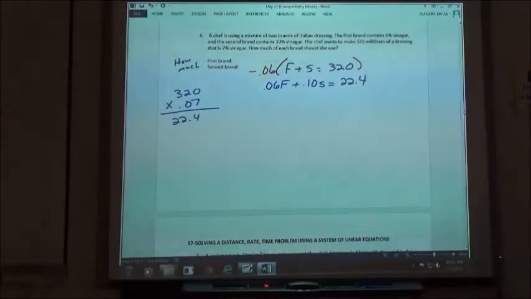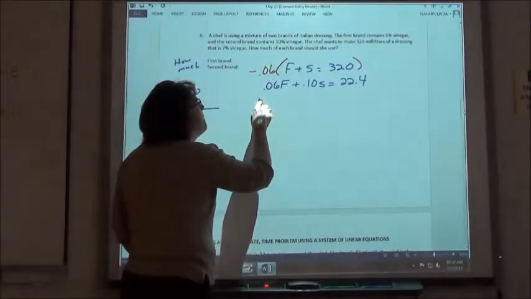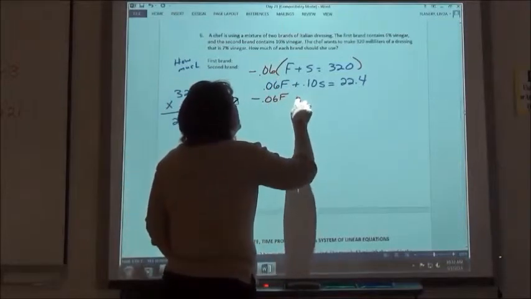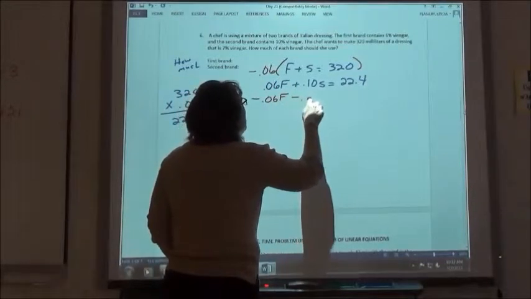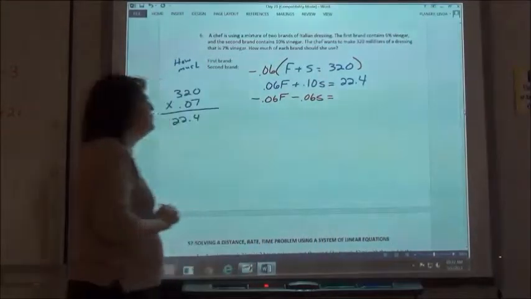So what's my new equation going to be? Negative 0.06 F minus 0.06 S equals